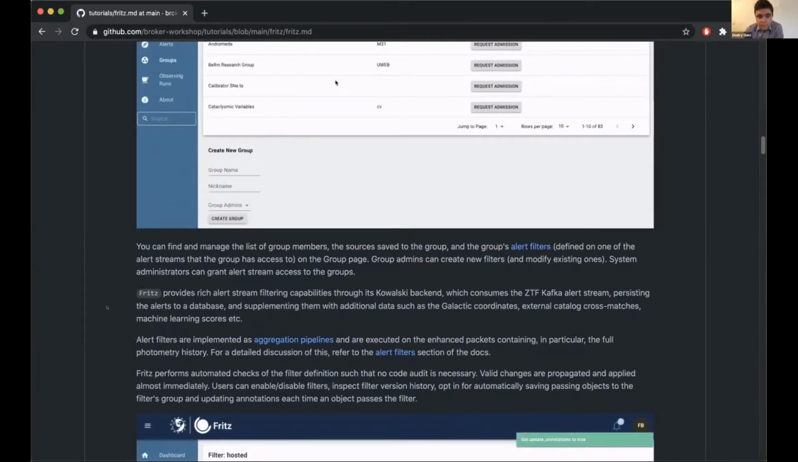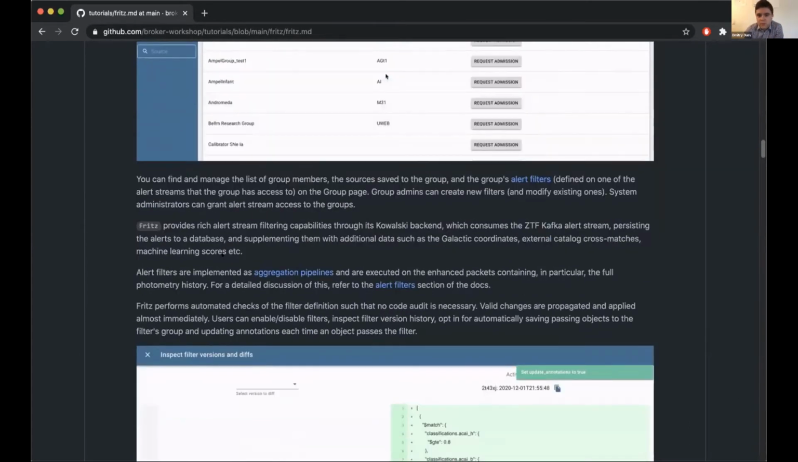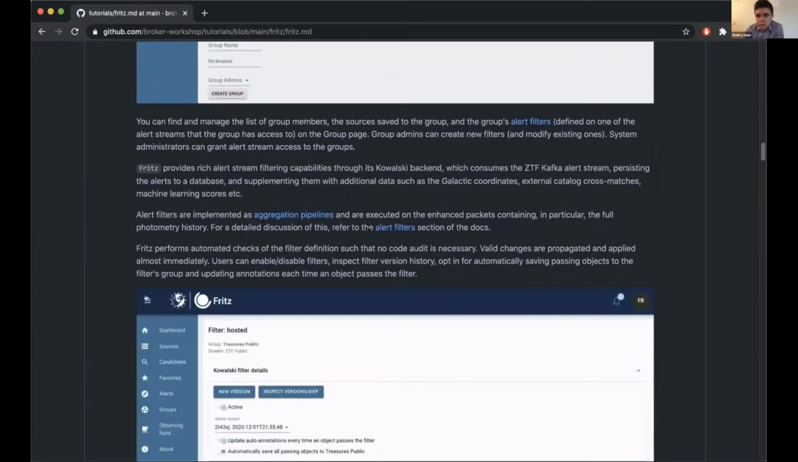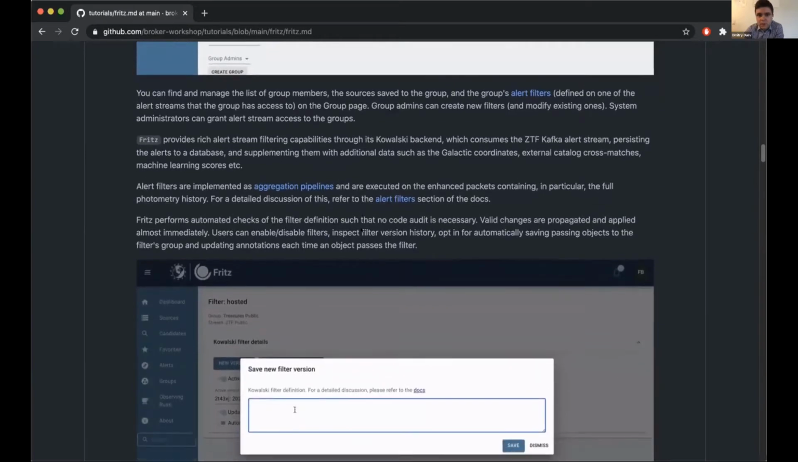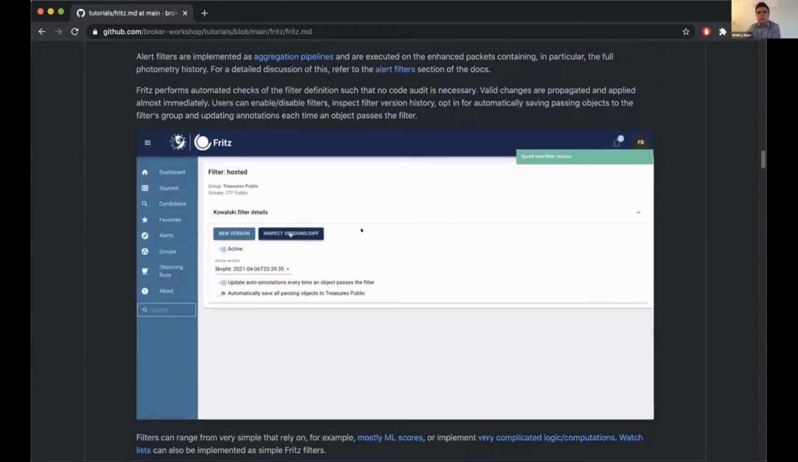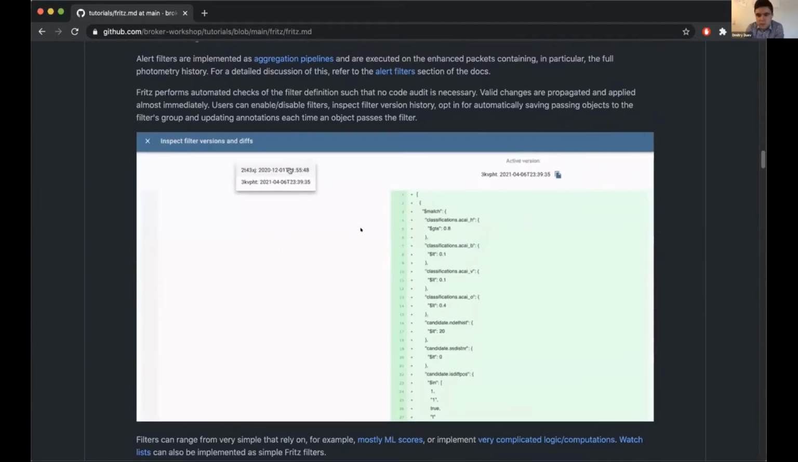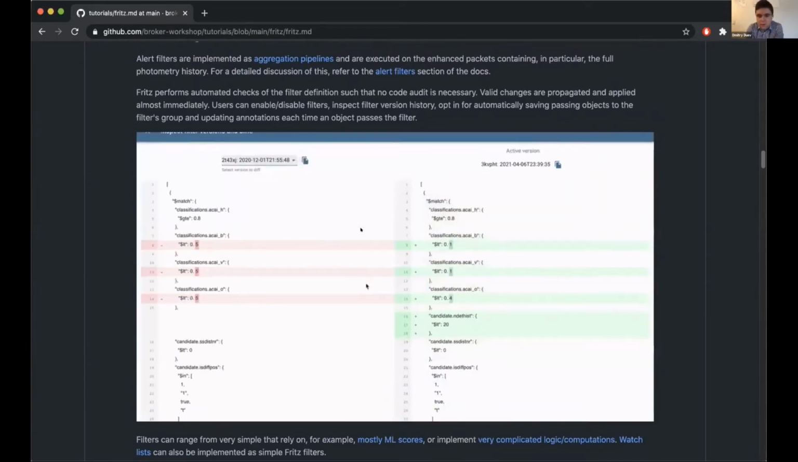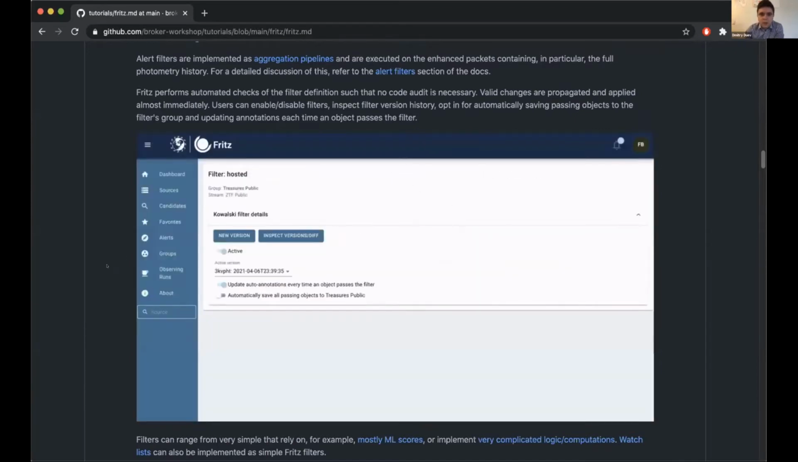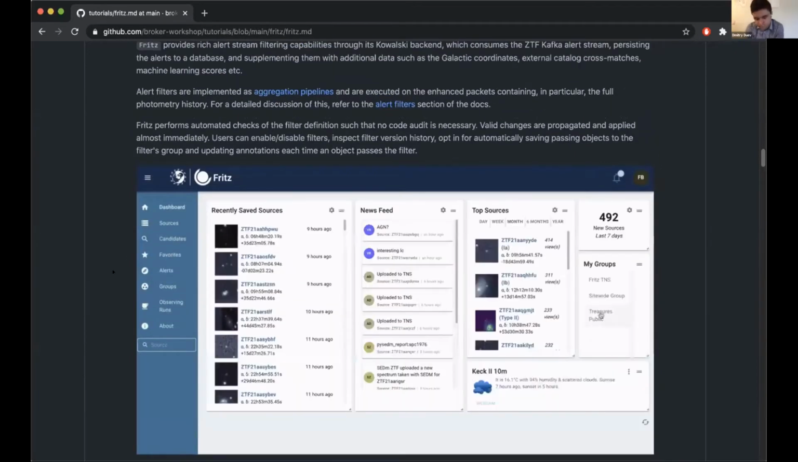You can find and manage the list of groups and the alert filters that are defined in a group on the groups page, and here's what I'll be showing right here. So group admins can create alert filters here and modify existing ones. And as mentioned,